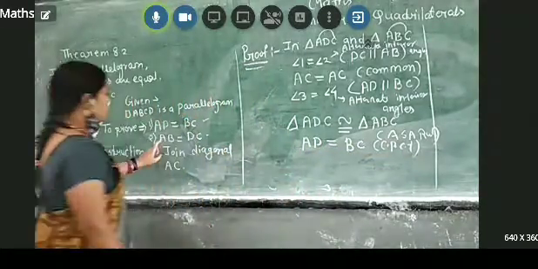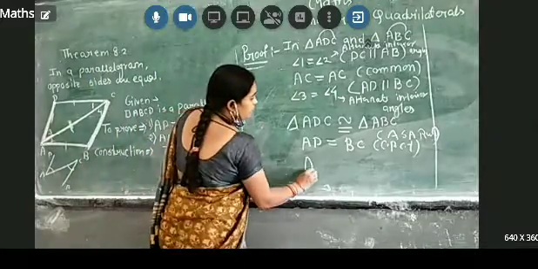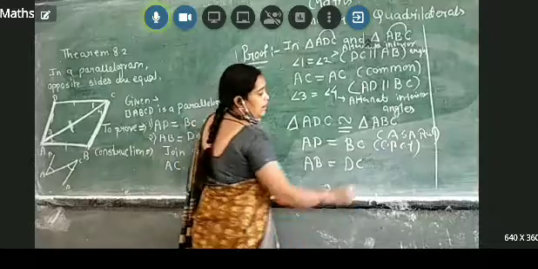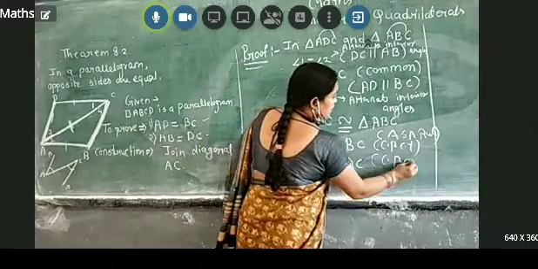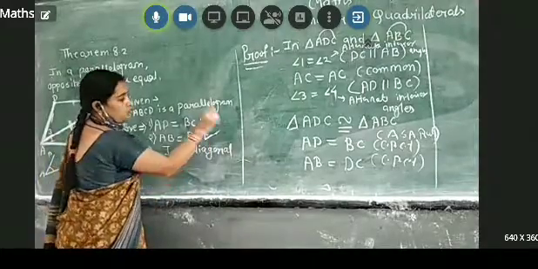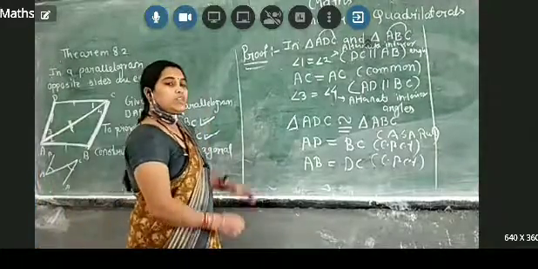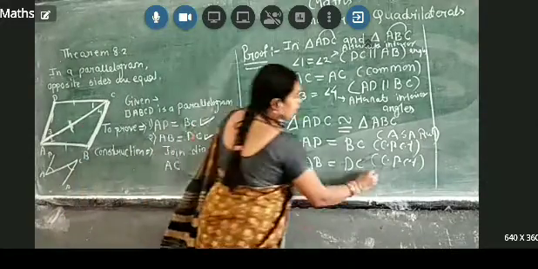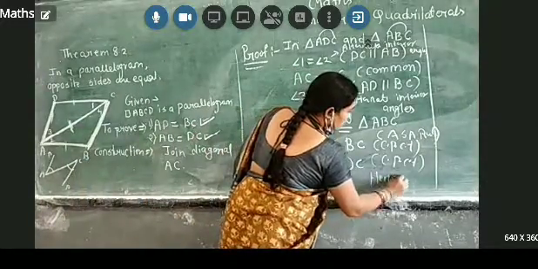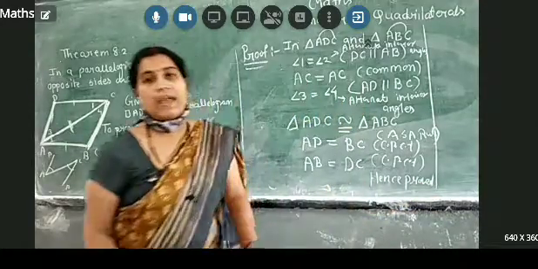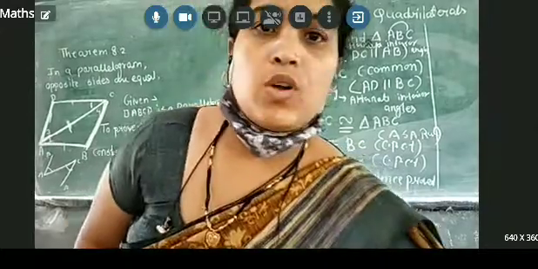Okay, then AB is equal to DC. Again CPCT. So here we have proved our proof. क्वेश्चन मुझे पूछ रहा था, हमने प्रूव कर लिया. So right here, hence proved. समझ में आ गया आप लोगों को क्या हमें प्रूफ करना था? फिर हम 8.2